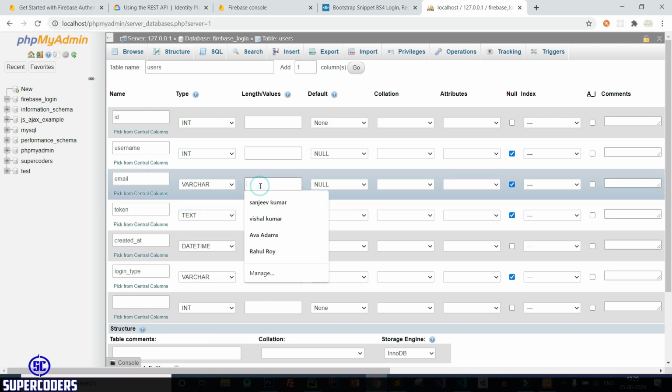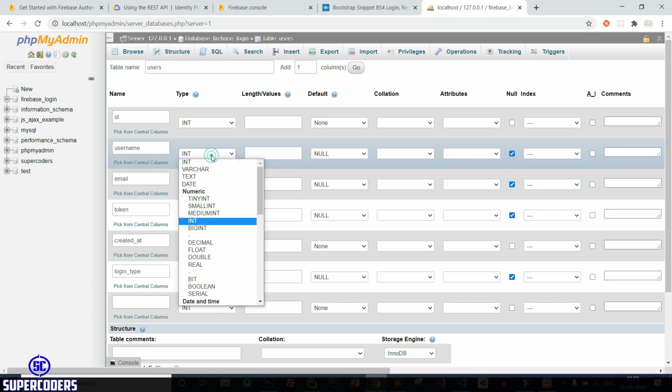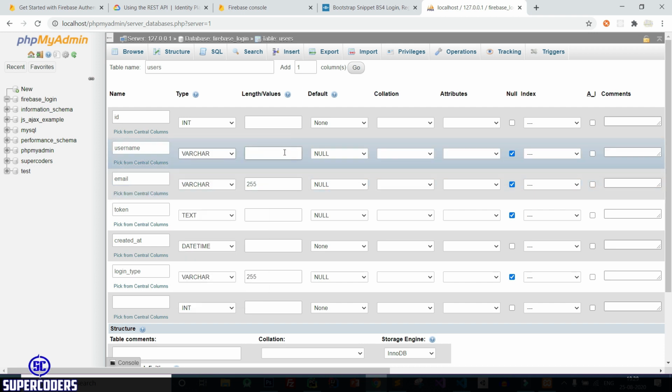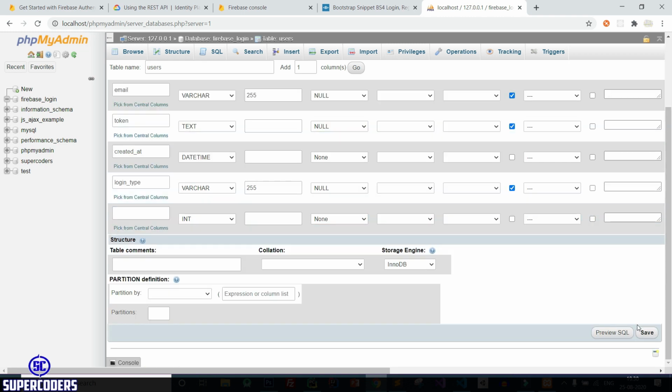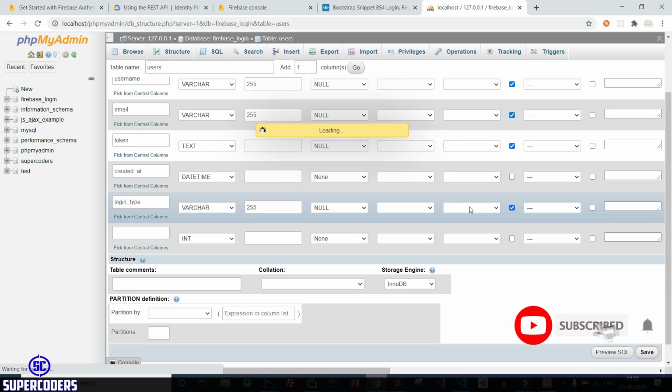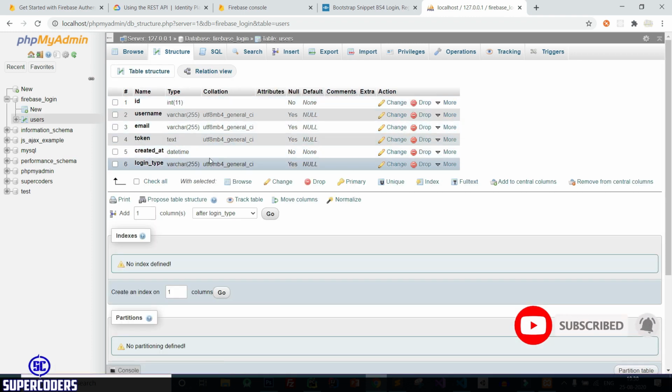Varchar 255, varchar 255. Now everything is done. So let's create our table. Click on save. So my table has been created.